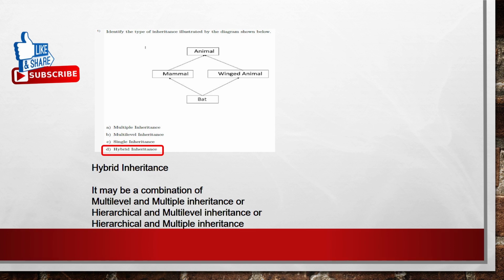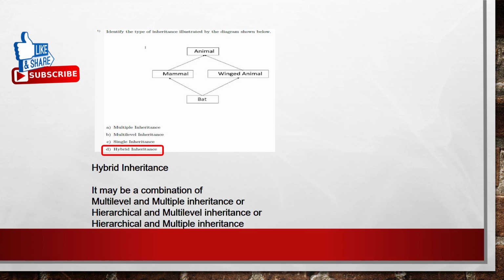Coming to single inheritance, if the child class acquires the properties from exactly one parent class, then it is known as single inheritance. Coming to multiple inheritance, a class with more than one parent is said to use multiple inheritance. Coming to multi-level inheritance, a subclass derives from a superclass, which in turn is derived from another class, and so on. For example, if you are a child and you are acquiring properties from your mother, and your mother is acquiring properties from her mother, if it continues, then it is known as multi-level inheritance.